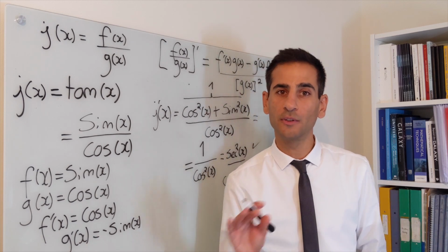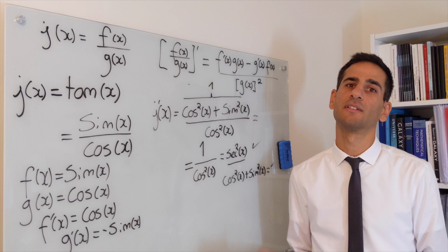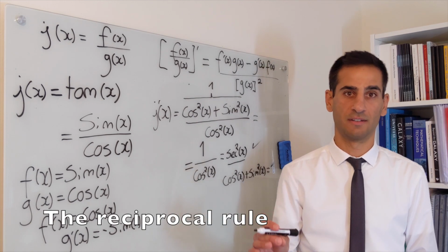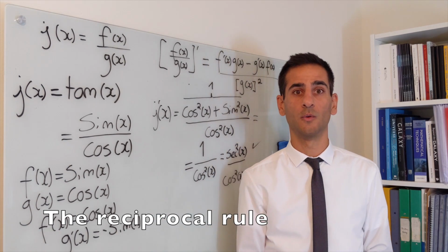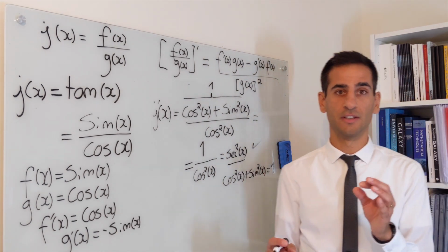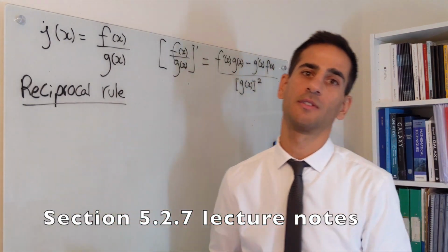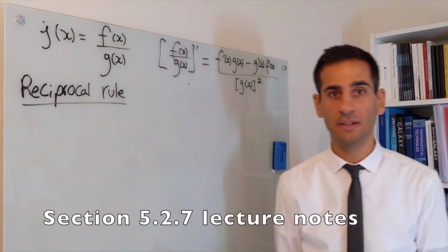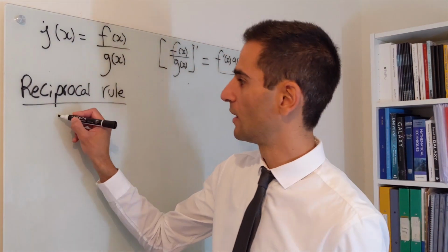Before we are fully done with the quotient rule, it is important to have a look at a very specific case. This is in your lecture notes as the reciprocal rule. Essentially, when f of x is 1. The reciprocal rule can just be obtained from the quotient rule, so I'll not show you the demonstration, because it is just a specific case of the quotient rule when f of x